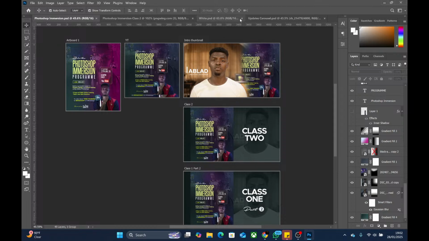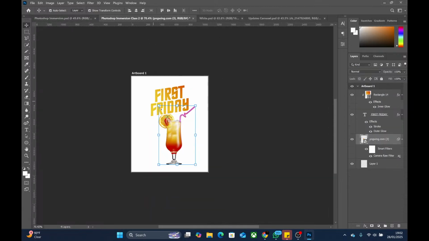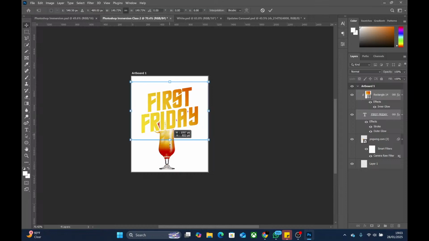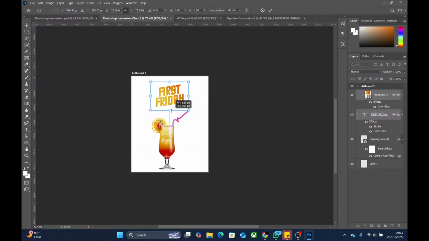All right, so if you come up here, this is our file that we are working on, and we have discussed the auto select and the show transform. If you want to make something bigger or smaller, the transform controls are what you will use. You can make it bigger, you can make it smaller.